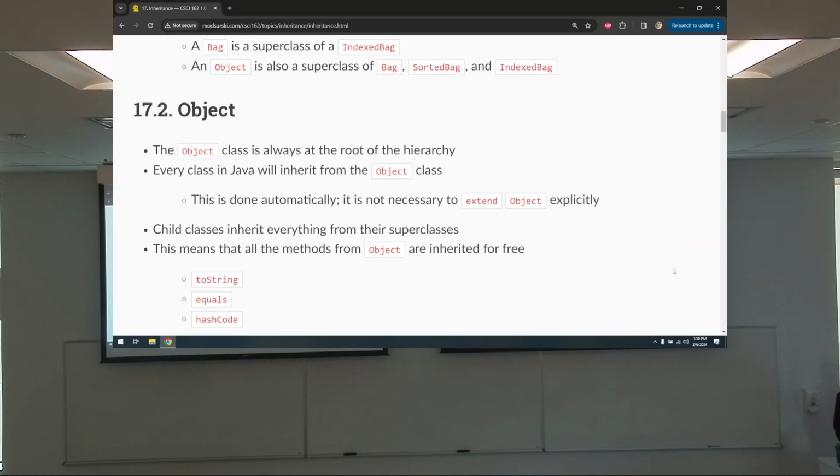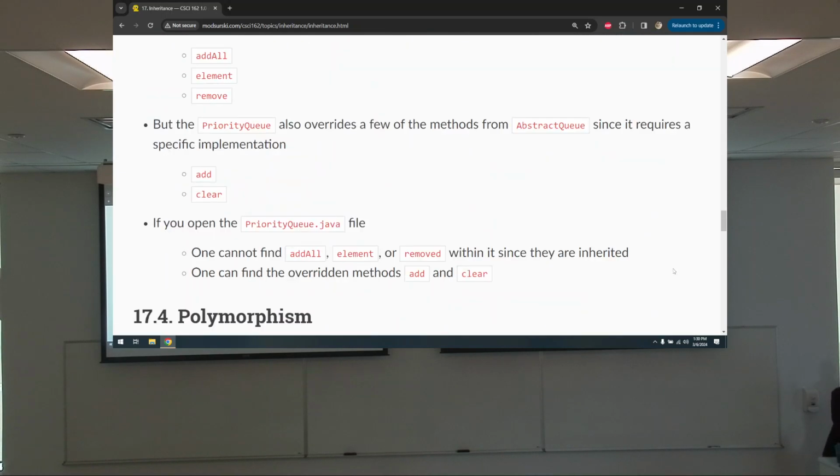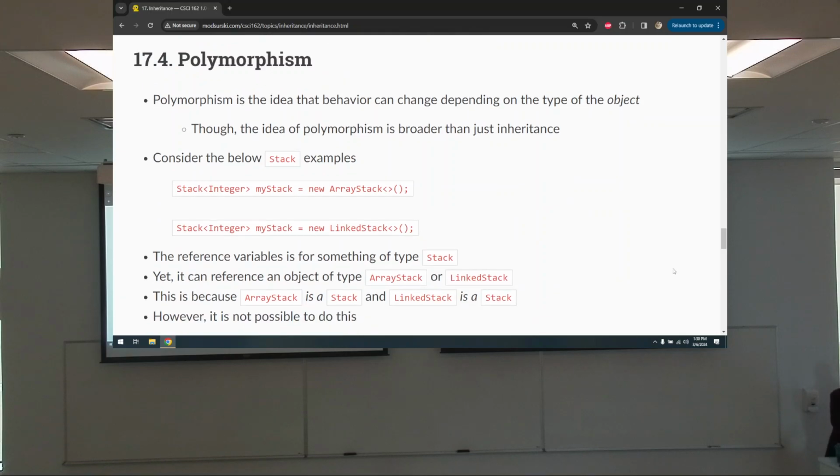We talked about this. We talked about the collections class, polymorphism, right. This is where we left off, right? Polymorphism. Now this is a concept that a lot of students, when they first